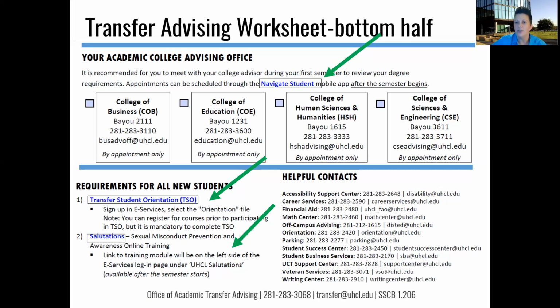And to sign up for that, you're going to do that through your eServices. So where we were looking at those tiles earlier and we clicked on Student Center, if you go back to that screen, you'll actually see there was one called Orientation. If you click on the orientation tile, click on Transfer Student Orientation, you'll be able to sign up for the